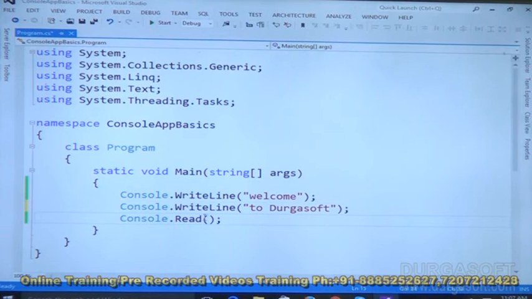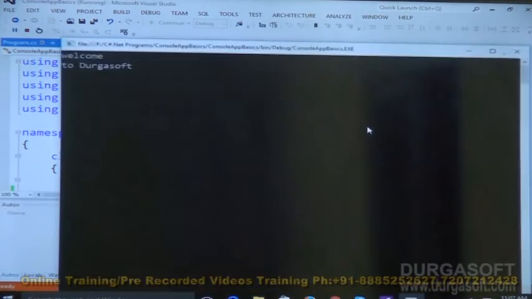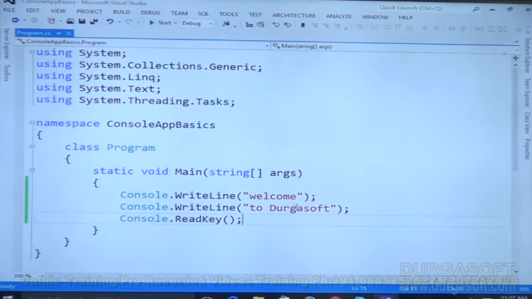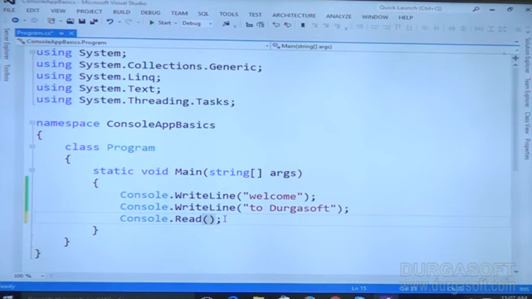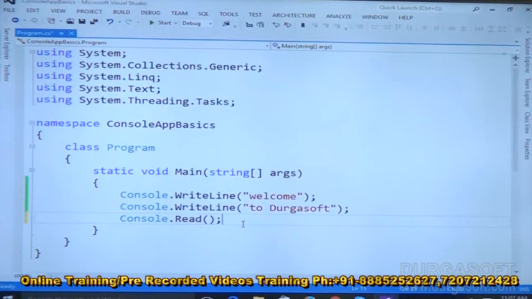Because of Read. So instead of Read, when I take Console.ReadKey, there is a ReadKey option. Then let me run that application. If you press any key, then you will exit from this output screen. That is called ReadKey. Let me press any key on my system, then it will exit here. So ReadKey is used for what purpose? To exit by pressing any key on the keyboard. Okay, right. If you are using Read, then you must always press Enter. This is a very simple program I have written.